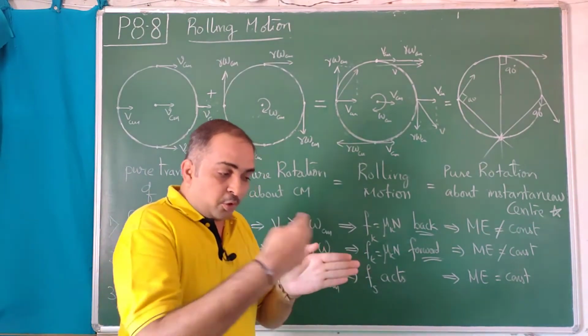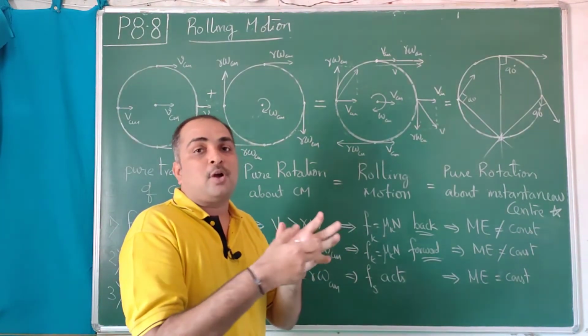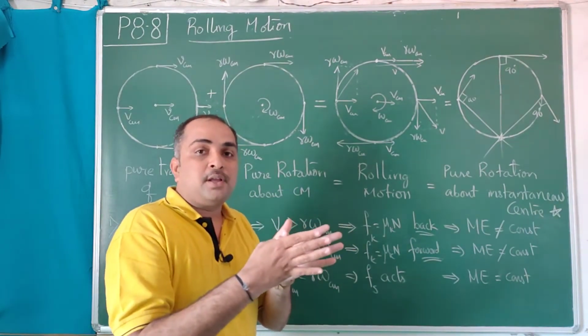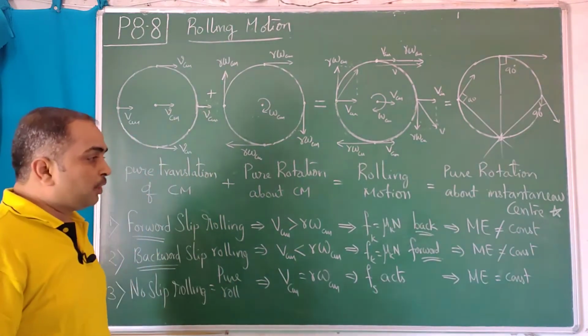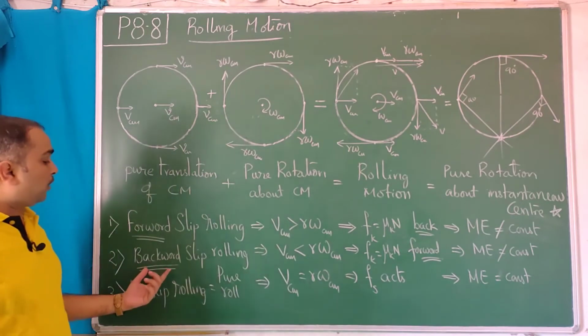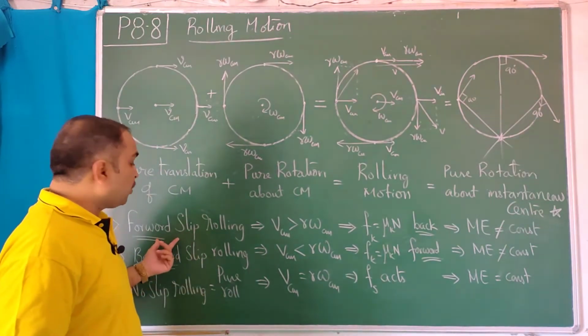The overall rotating wheels stop rotation. Brakes actually stop the rotation. The disc brakes or drum brakes, whatever brake, stops the rotation. Therefore the wheel slides a little forward and it stops. In that case it will be forward slip rolling. So while starting, backward slip rolling happens, and when you are stopping, forward slip rolling happens.